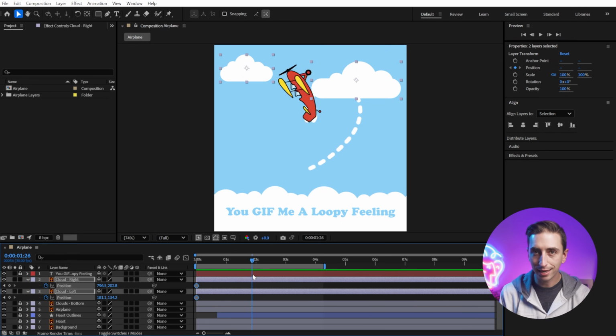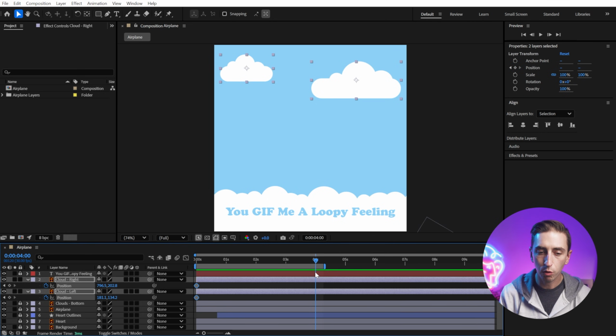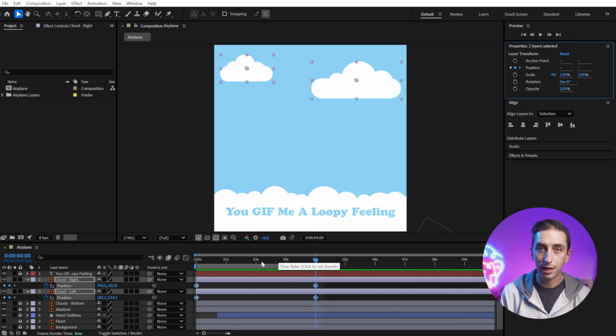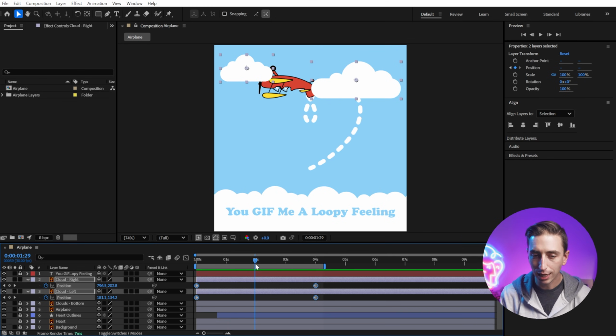Then let's go to the end of the animation. Let's just say that we're trying to make this a 4-second loop. I'll go to 4 seconds, and then I want to add another position keyframe. So the stopwatch is gone, but I can click on that keyframe icon, and that will add a duplicate set of keyframes right there. Now let's go to the center point of our loop, which would be 2 seconds in,